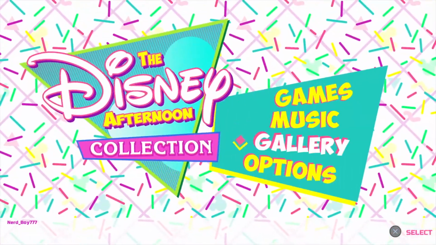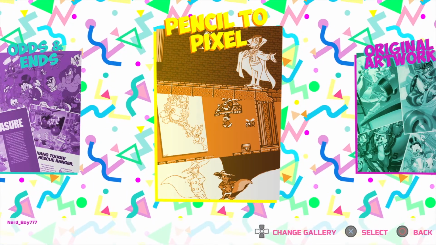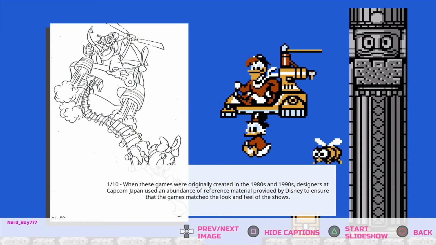And then they got a gallery. So much like the Mega Man Legacy Collection, they got a bunch of old artwork put together to go through. And some of the cool things about this is some of them have a caption, kind of describing what it is. So this one,